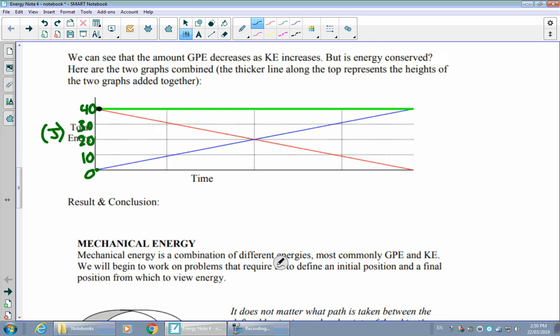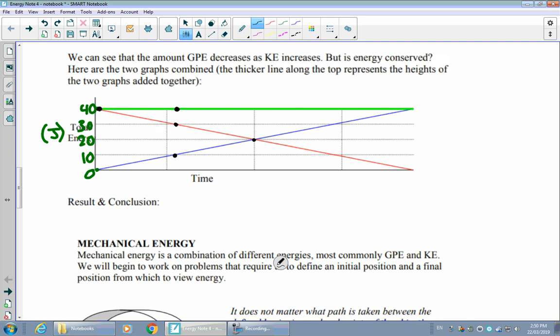If we go a bit farther in time, let's say we want to track this particular point in time. Well, at that particular point in time, we can see we have exactly 10 joules of kinetic energy. And when that's the case, at that same point in time, we have 30 joules of gravitational energy. When we add those two values together, that means at that point in time, in total, we get 40 joules. So that new black point that I've put at the very top on that green line is representing the total energy involved.